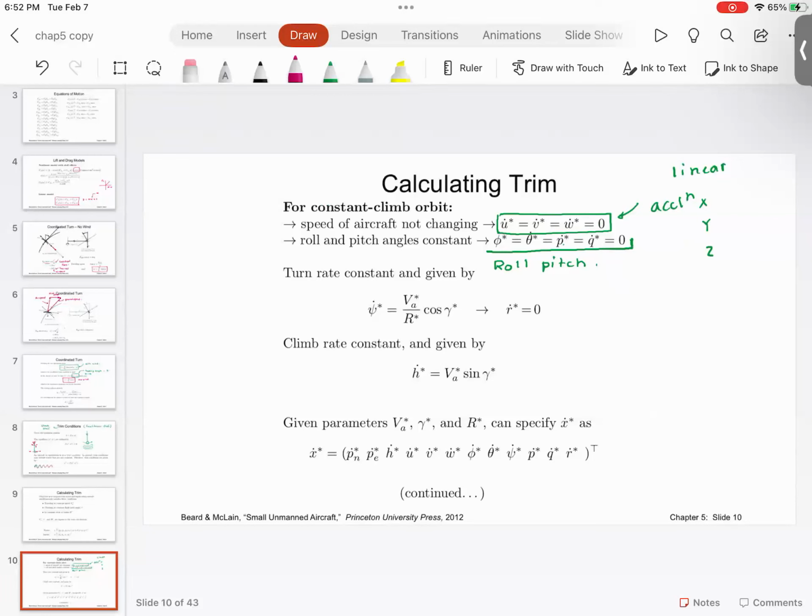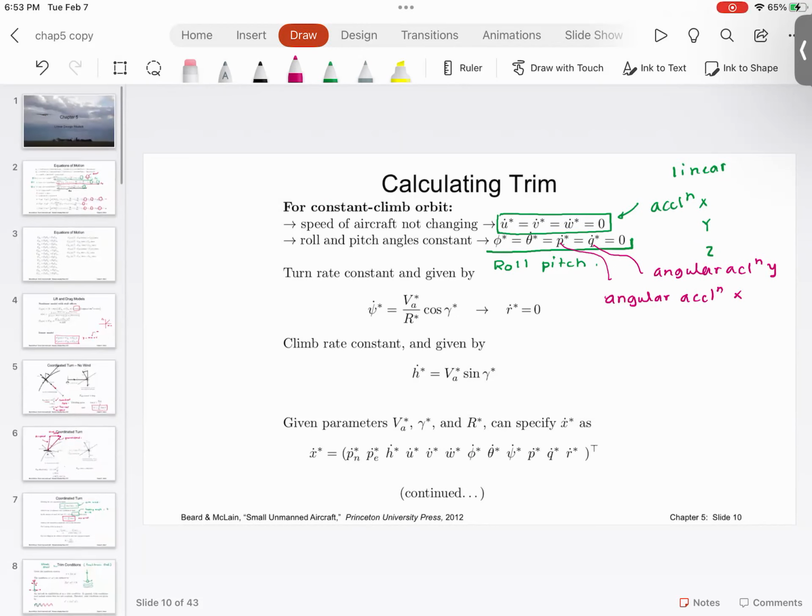So P dot is angular acceleration about x. Q is angular acceleration about y. About y. They are treated 0, which means what I'm going to do is I will go back to this equation,